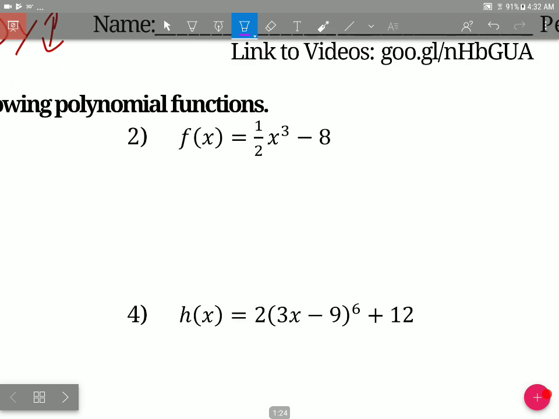Number 2, we're multiplying on the outside. So outside, that's vertical, that's your up and down. A vertical, and since we're multiplying by something less than 1, it means it's getting smaller. If you multiply by something less than 1, it gets smaller. Something bigger than 1, it gets bigger. So vertical shrink